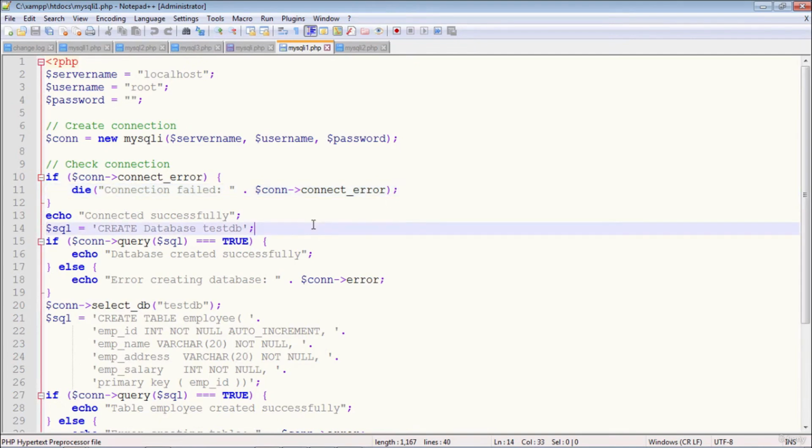Execute this query, create database testdb. All you have to do is to execute the MySQLi object arrow query function. The query function will take this argument. If this function is properly executed, it will return true, and if it is true, then give a message database created successfully, otherwise give an error message. The next step is to select the newly created database by using the select_db function of the MySQLi class, and then